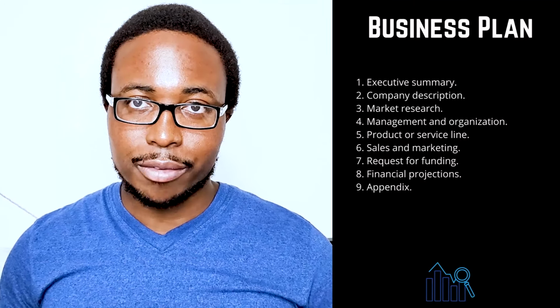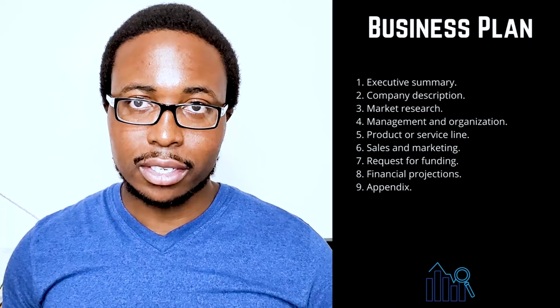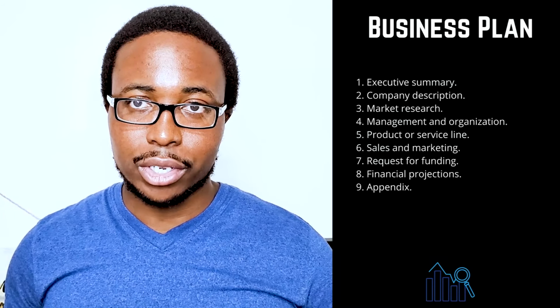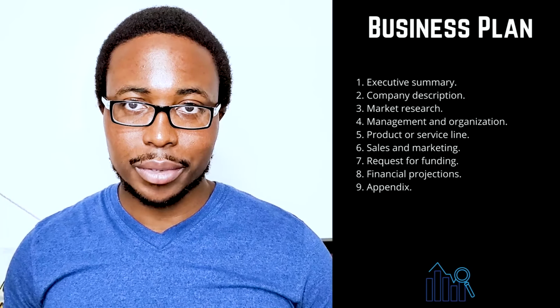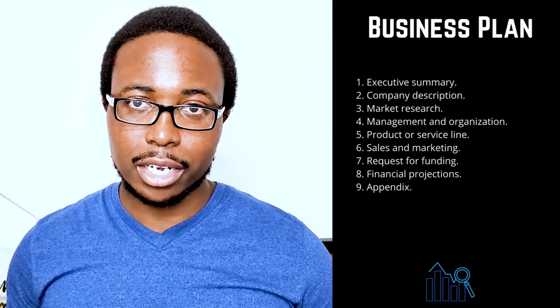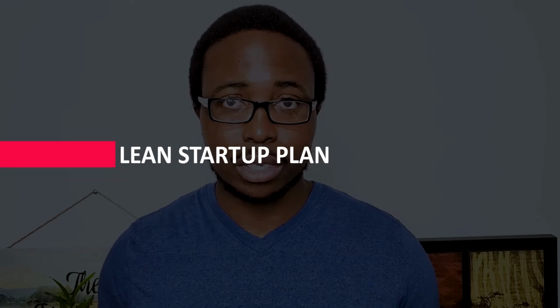9. Appendix. Provide supporting documents or other materials that were specifically requested in your appendix. Credit history, resumes, product pictures, letters of reference, license, permits, patents, legal documents, and other contracts are all common items to include. You may prefer a lean startup format if you need to explain or launch your business quickly, if